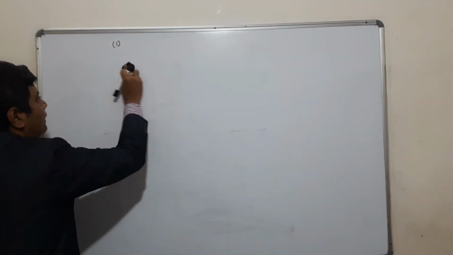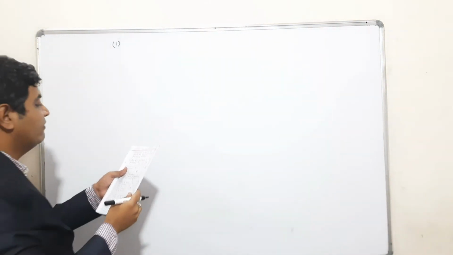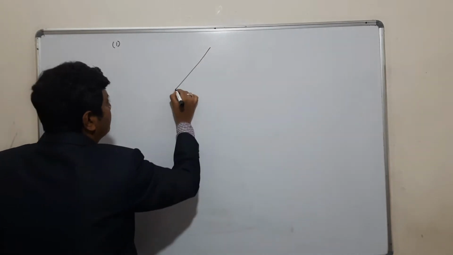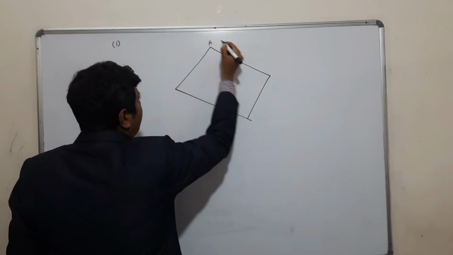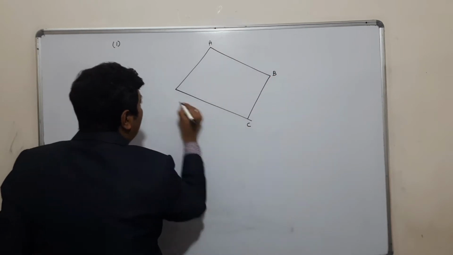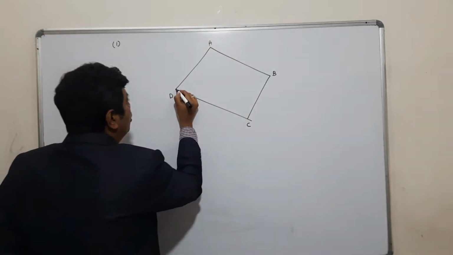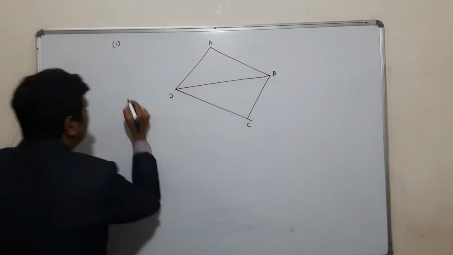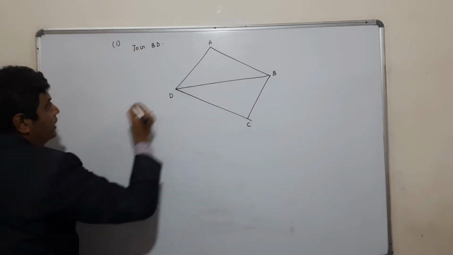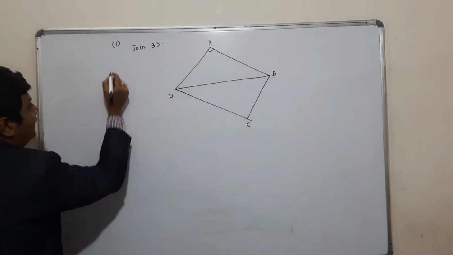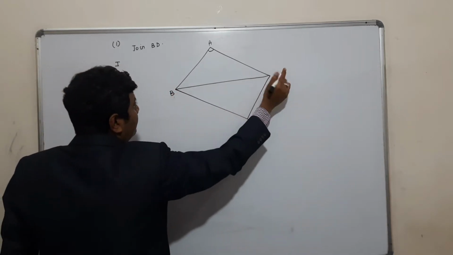Next sum. Next sum is an important theorem, please. You should know the theorems. Prove that sum of all the angles of a quadrilateral. So this is my quadrilateral, A, B, C and D. I have to prove sum of all the angles of the quadrilateral is equal to. So now what I do, I join to prove. Join BD. Okay. Now can I say in triangle, I'll write here B, I'll write here C and I'll write here D.